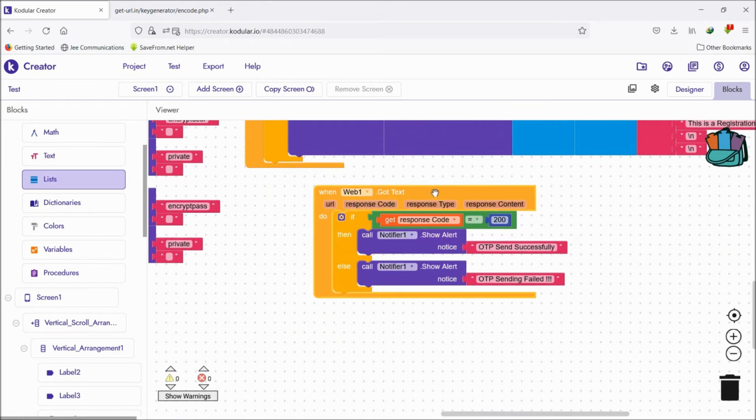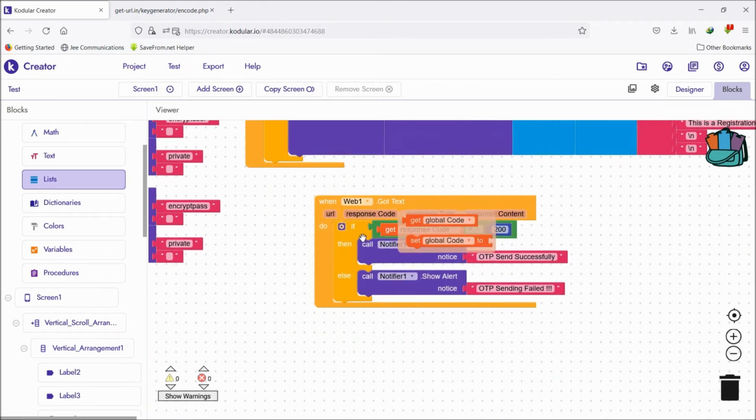After that, if web got text, if get response equals 200, 200 means the response is okay or succeeded. 200 is a response code where the response will be a success. So here you will show that OTP is sent successfully, and otherwise, else OTP sending failed.